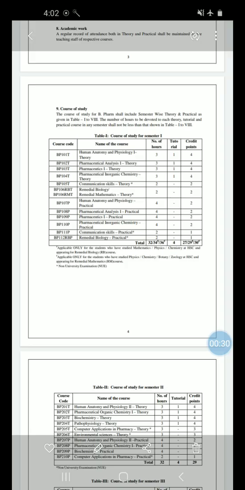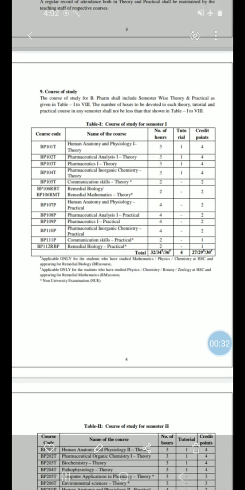There are 6 subjects in our syllabus. In your syllabus for semester 1: human anatomy and physiology 1, then pharmaceutical analysis 1, then pharmaceutics 1, pharmaceutical inorganic chemistry, communication skill, and remedial biology or remedial maths. And practical